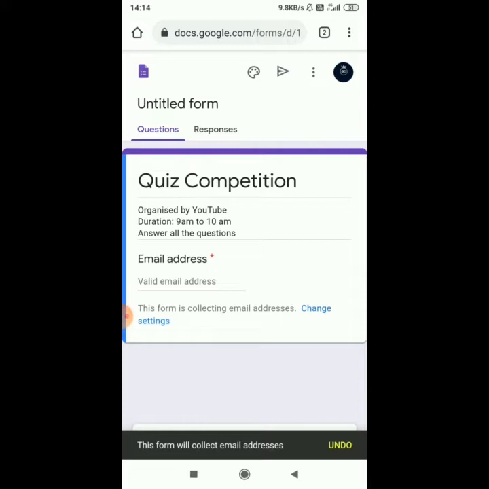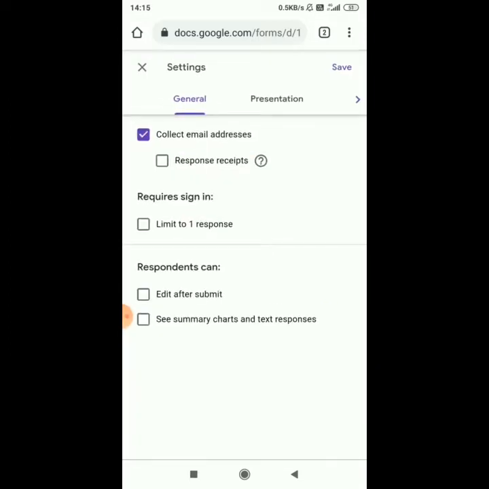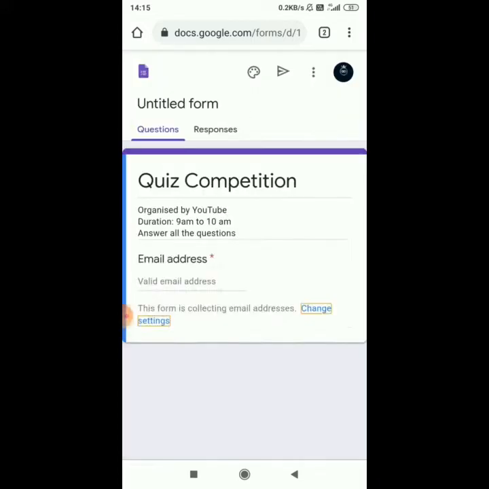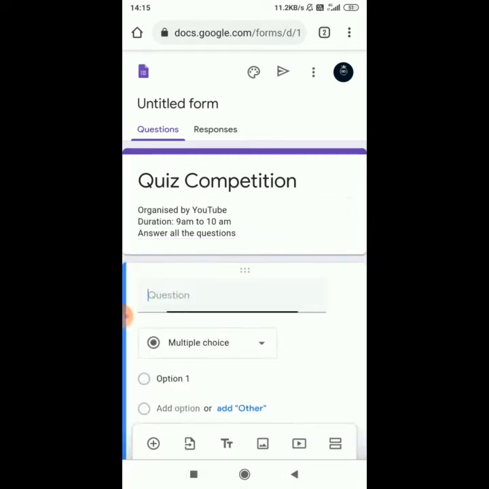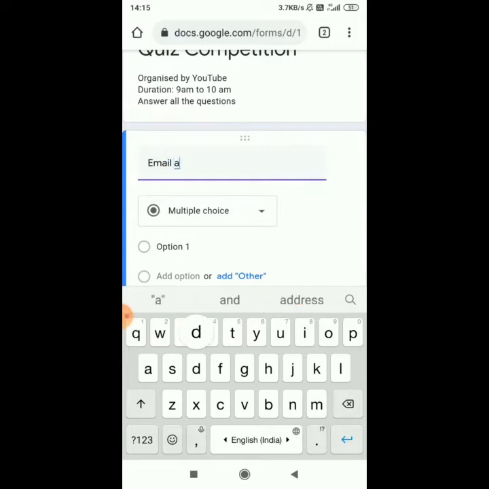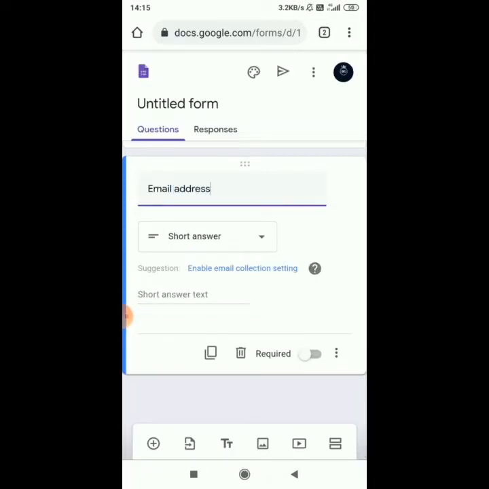I don't want it to be mandatory, so I will change it by clicking on change settings and unmarking it. Collect the email address, we will unmark it and click on save. So we will not keep this as mandatory.